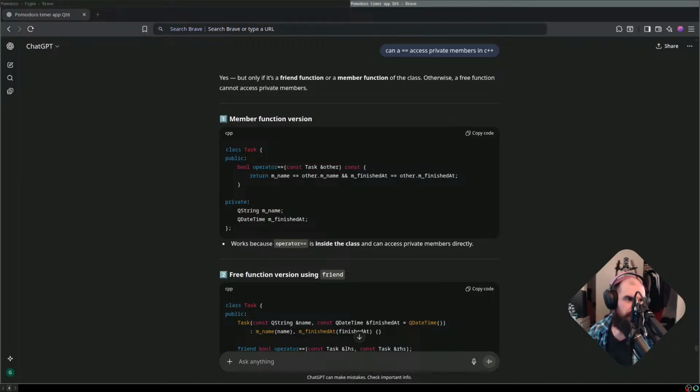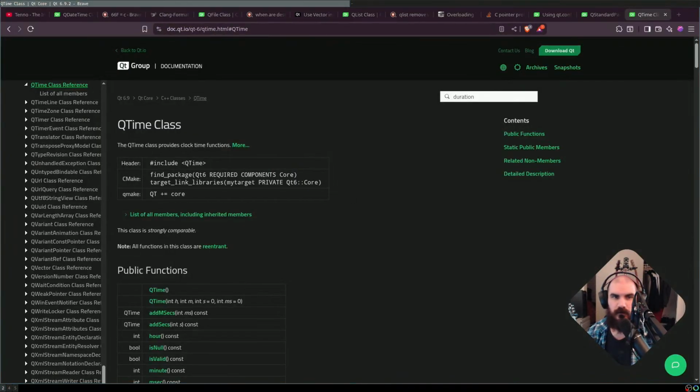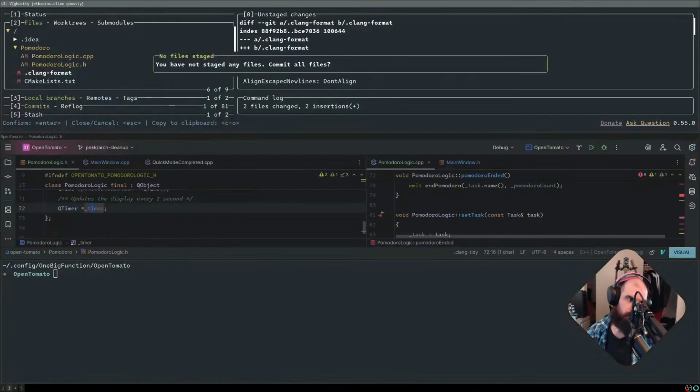How do I move just these windows? There we go. Still figuring out my tiling window manager, as you can see.